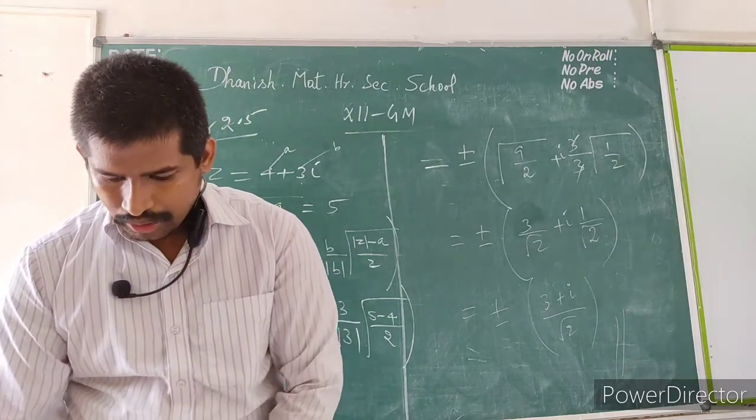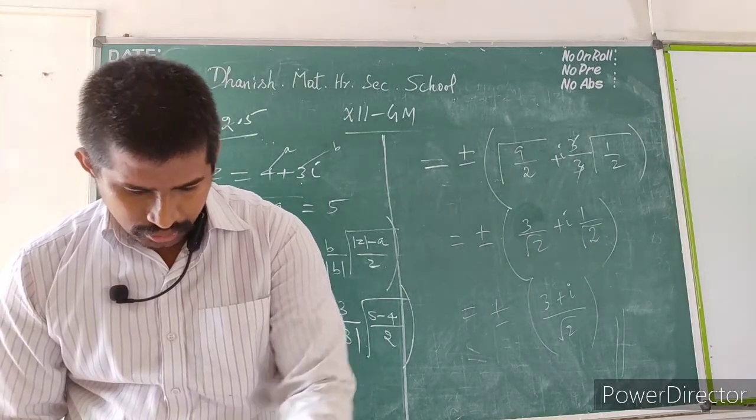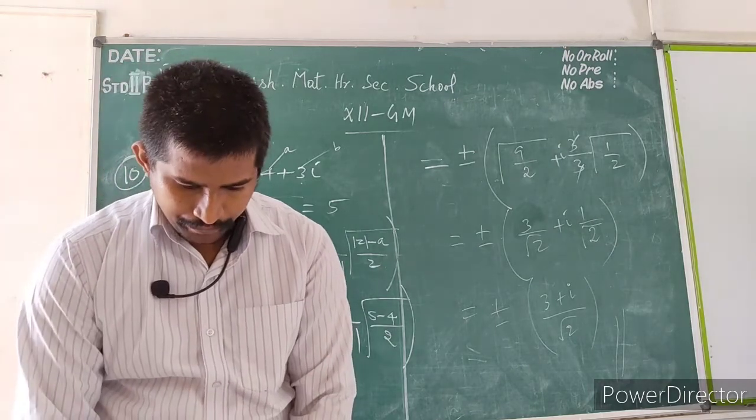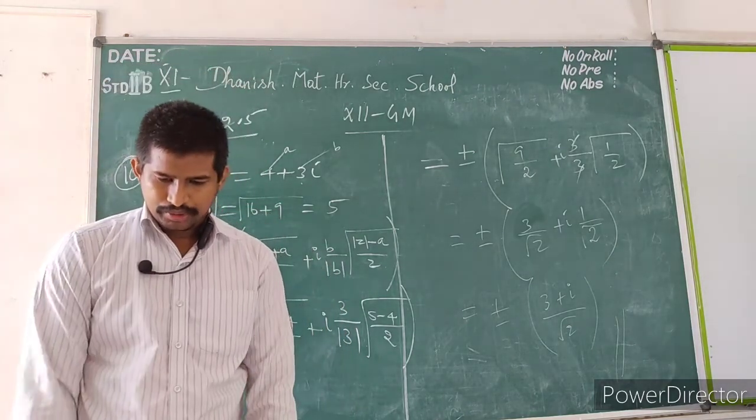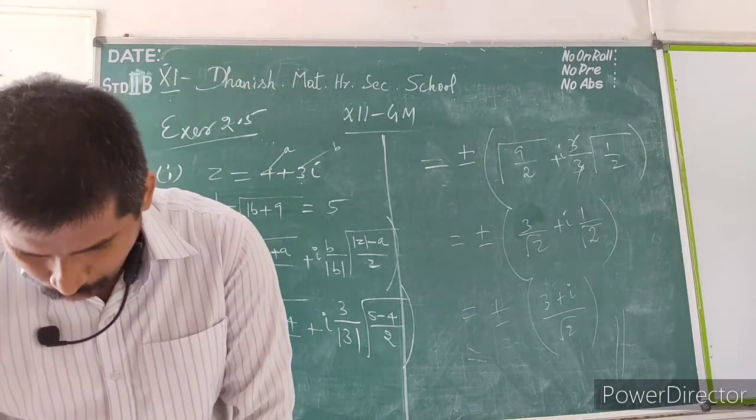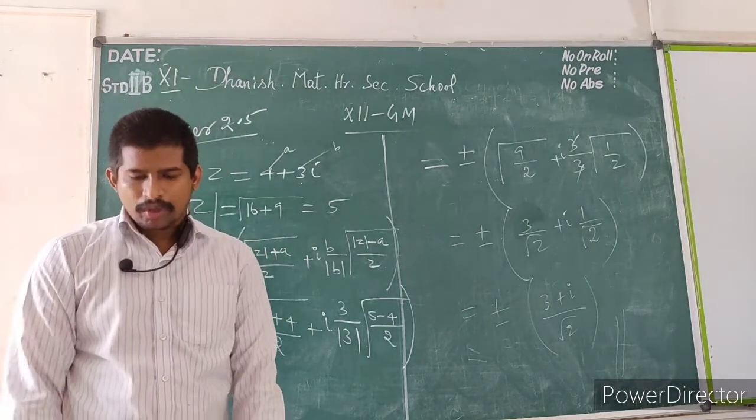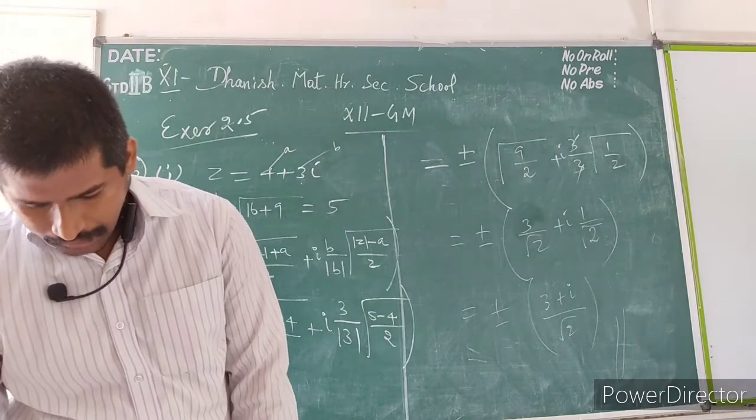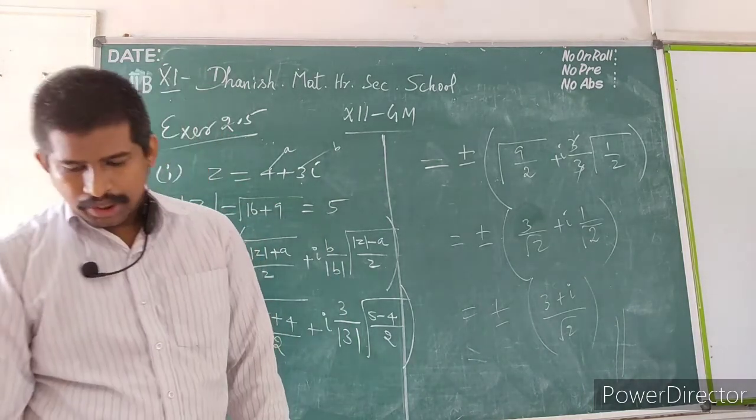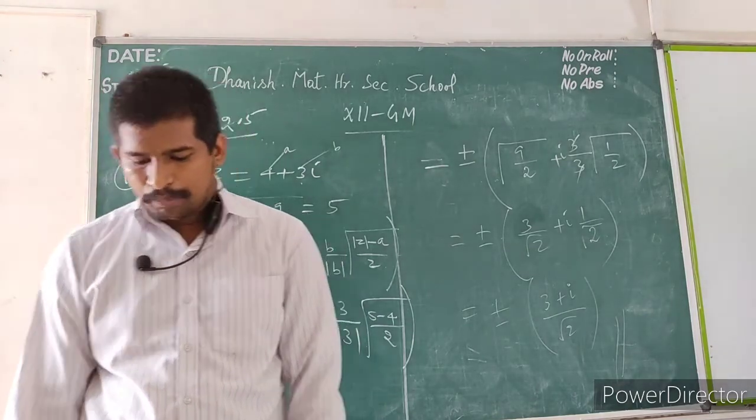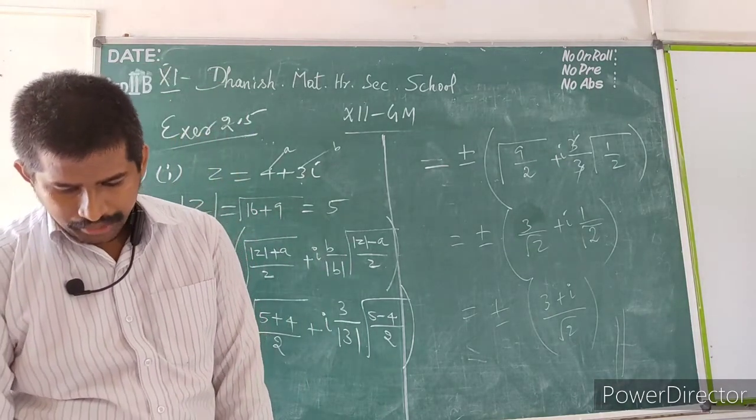Now we will do the remaining sum from exercise 2.4. Look at your book, exercise 2.4, problem number 6. Find the least value of the positive integer n for which (root 3 plus i) whole power n is real and